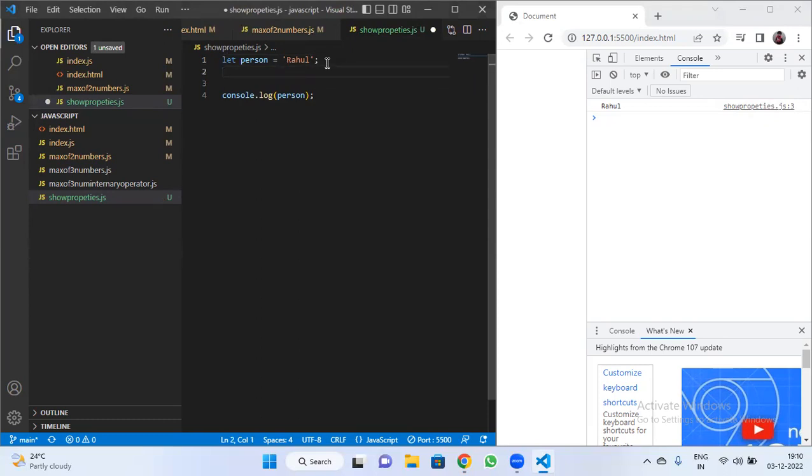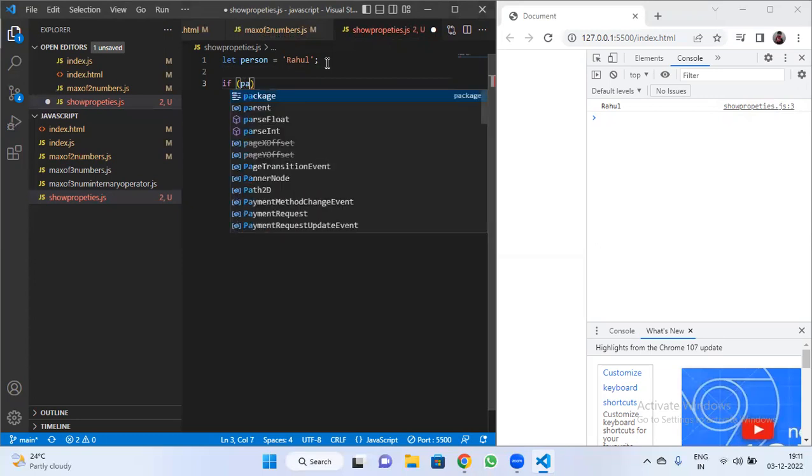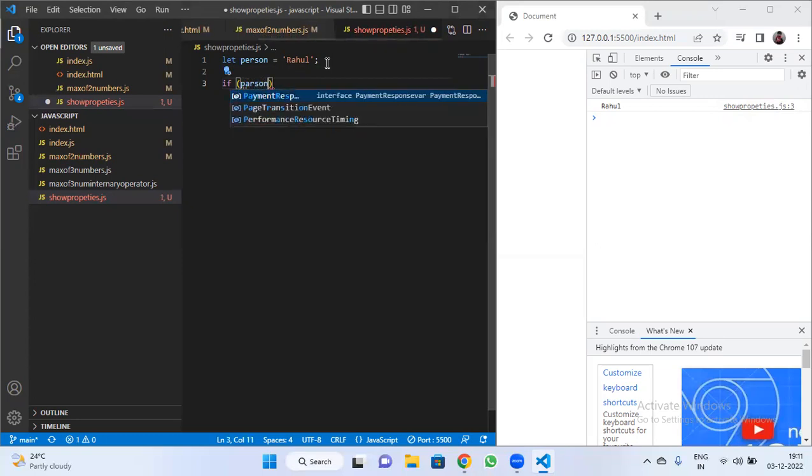If we want, we can change it again. We did everything, we named it, and now let's make an if statement. If person is equal to